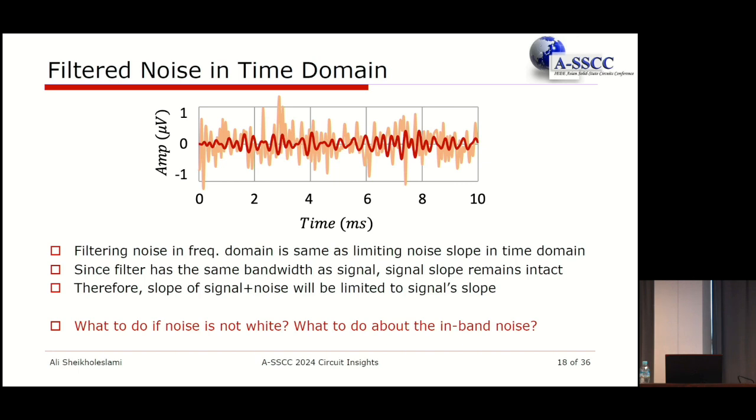So if you look at the time domain, you tell yourself, well, my signal wasn't changing that fast, this must be noise, so let me suppress it. So that's the concept, that you can apply this in frequency domain, just apply a filter, or think about it a bit harder in the time domain and say, by limiting the rate of change, I'm now reducing my noise because I know that my signal is already limited to this value. So by limiting the slew to that derivative, I'm not going to change my signal at all, but I'm going to reduce noise.